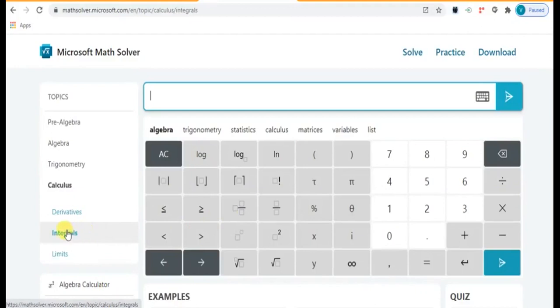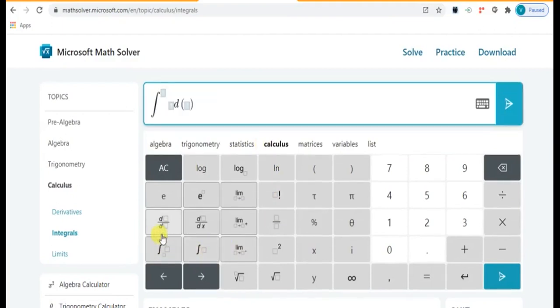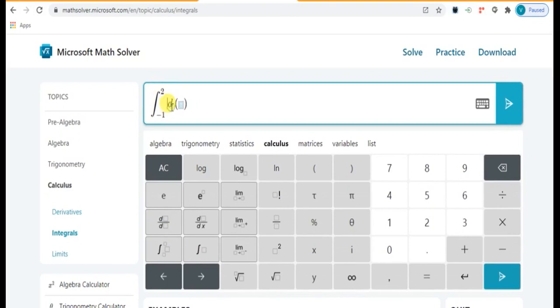Suppose for integrals now, you can use calculus here. Suppose I want to find a definite integral. Suppose here -1. Here I will type, suppose, 2.